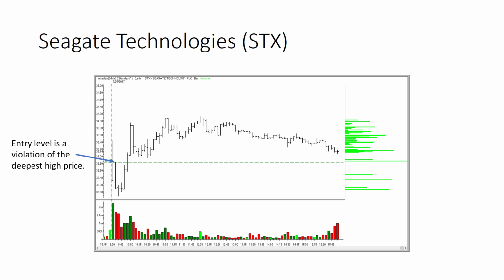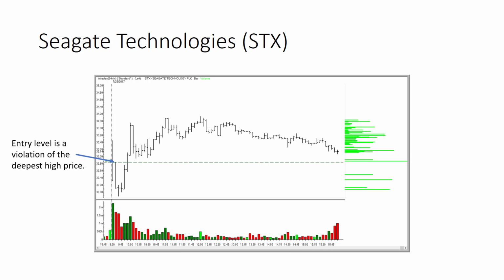After I get finished talking here, I know somebody's going to say to me, how do you know which one's going to be the deepest high in this opening gap? Well, you don't. You're always just moving your bars around, and there's order entry finesse that we can talk about in another seminar in terms of having a bracket order that's live and then just moving the lines on the chart around to move the bracket.